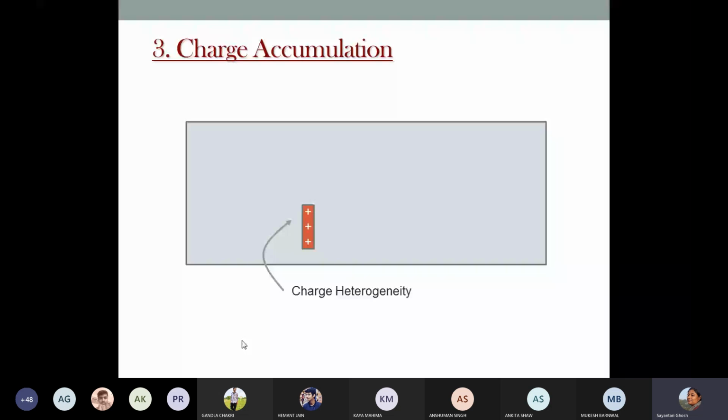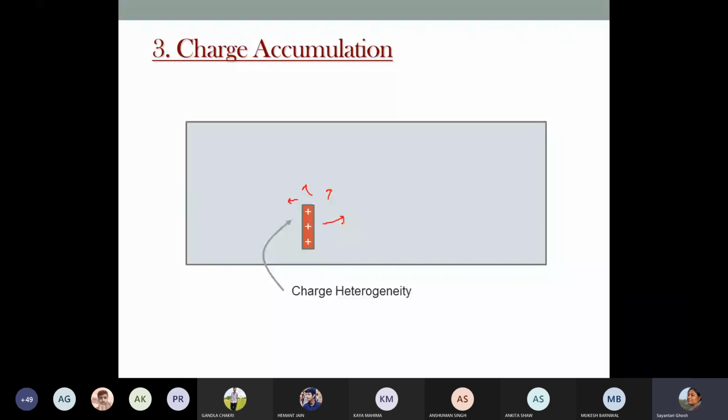The bottom line, the take-home message from there, was that if I have a device where negative resistance is at work, and incidentally some charge heterogeneity gets produced, like here you can see that some positive charge got accumulated for some reason. It can always happen inside a device, inside any material, right? But eventually the system prefers homogeneity, and this charge gets diffused in every possible direction if it is a normal device where you have positive differential resistance, where the mobility is also positive.